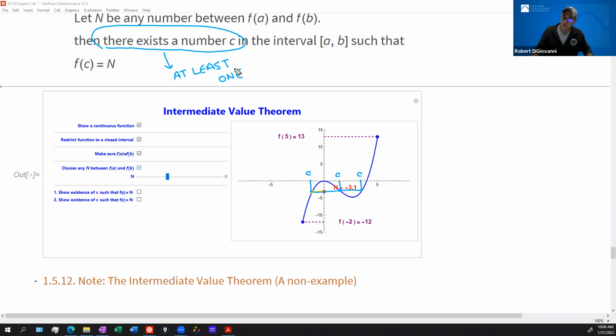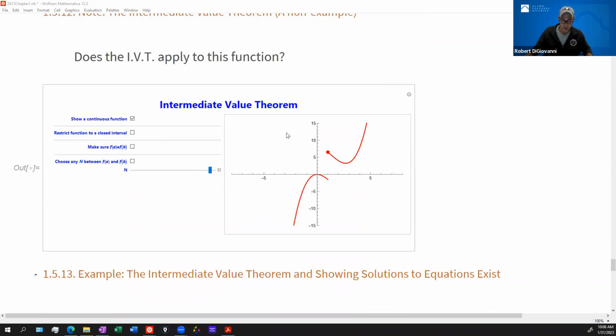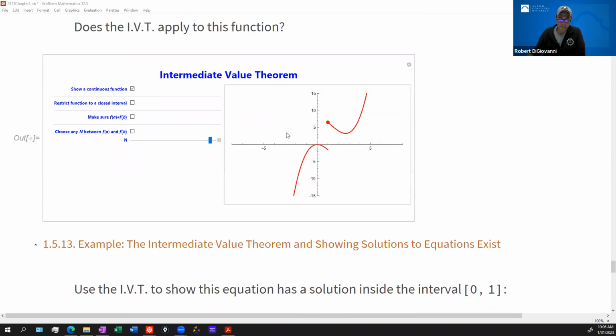Now, for this theorem to work, you have to have continuity. Let's see why. Look at that example right there. This function is not continuous. It has a jump discontinuity, right? You see that? If I cut this function off between two points, even though the endpoints are not the same, the height here and the height here are not the same,